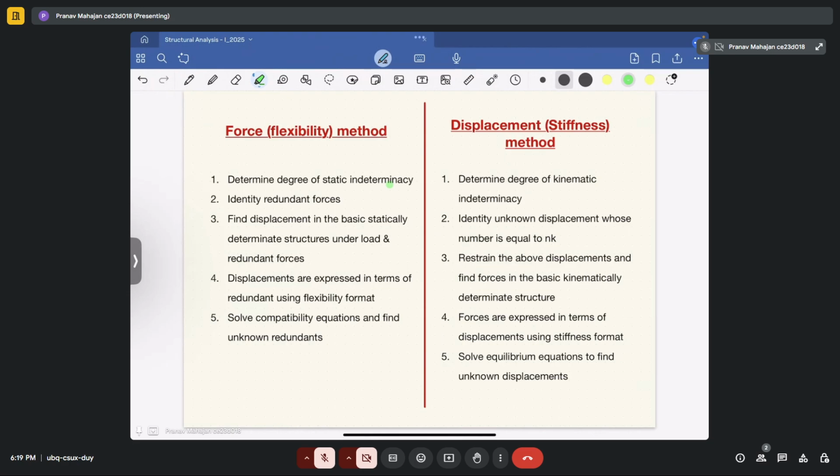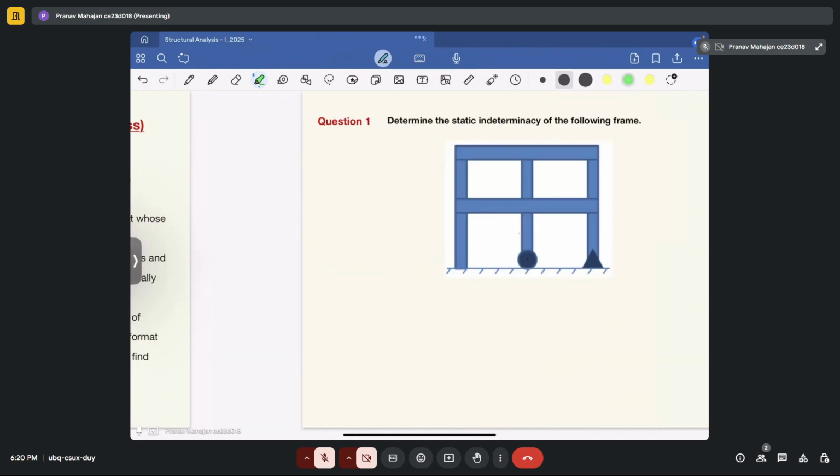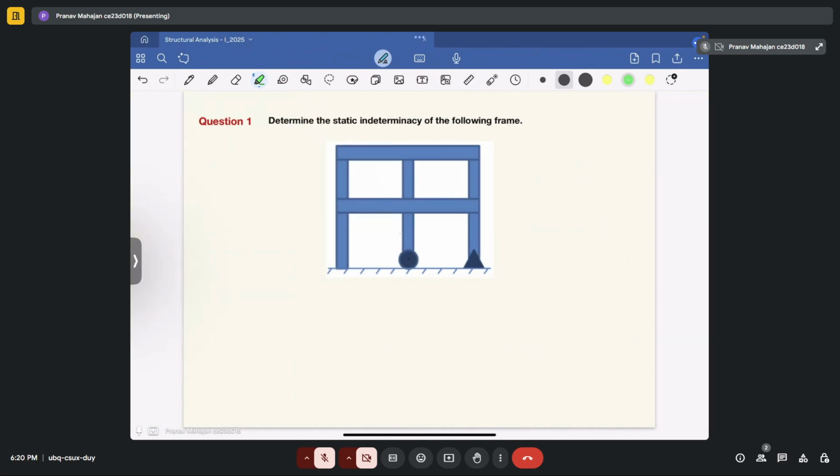So both are interrelated to each other, but the concepts are somewhat in an inverse relationship. This is the basic difference, or you can say the basic steps that you will follow to solve any problem using the force and displacement methods. Okay, so let's solve some basic problems first. First, you will solve the problem